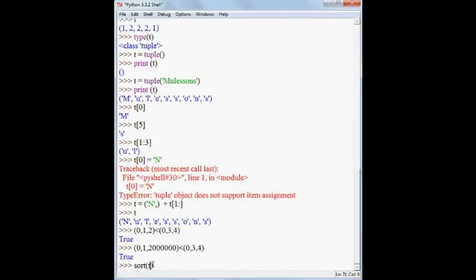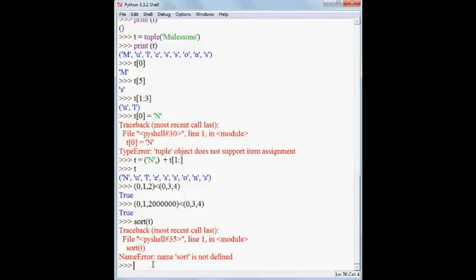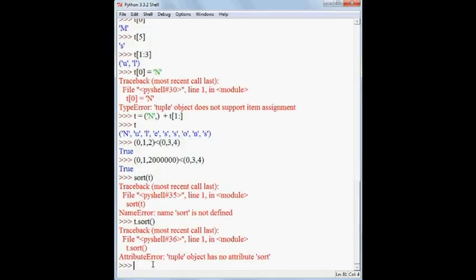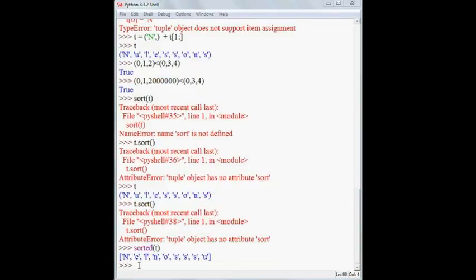So let me show you. T dot sort. Just wait, let's see what the error is. Okay, this is how you can sort tuples.